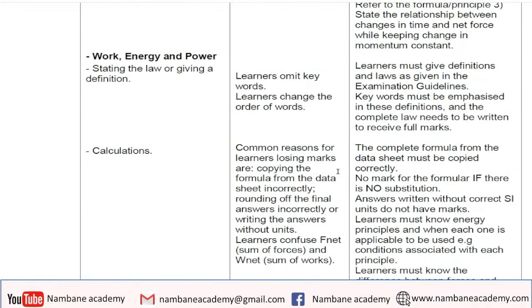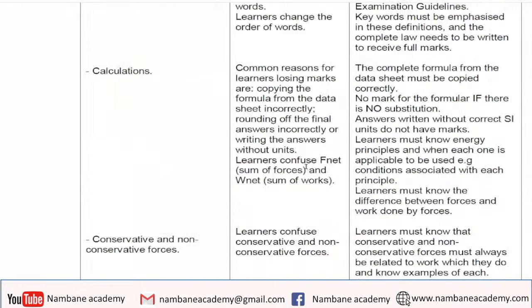Then, when it comes to work, energy, and power, the laws, I've already talked about it. And I think I've also talked to the calculations, but the main problem when it comes to work, energy, and power, when it comes to the calculations, is that learners confuse F net and W net. Net work done and F net, or net force, are totally different things. Net force talks to the sum of the forces acting on an object. Net work done